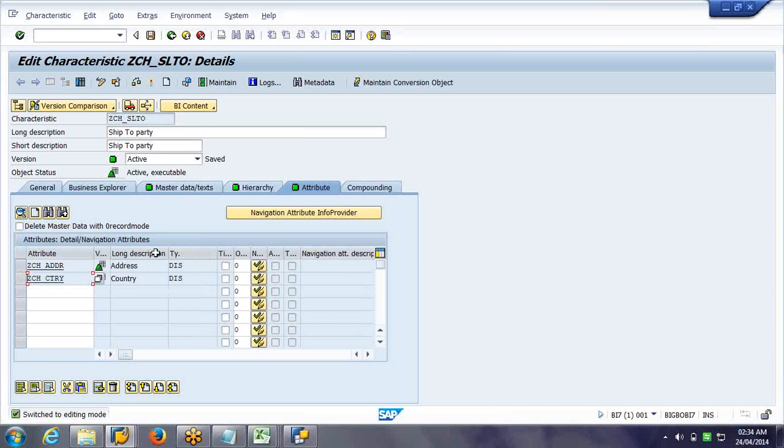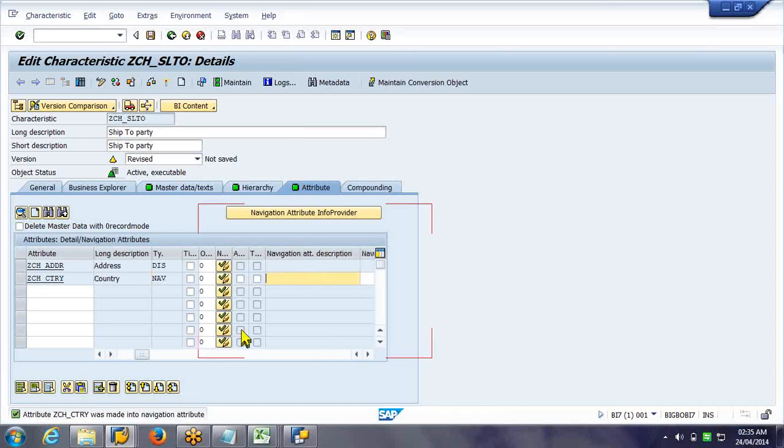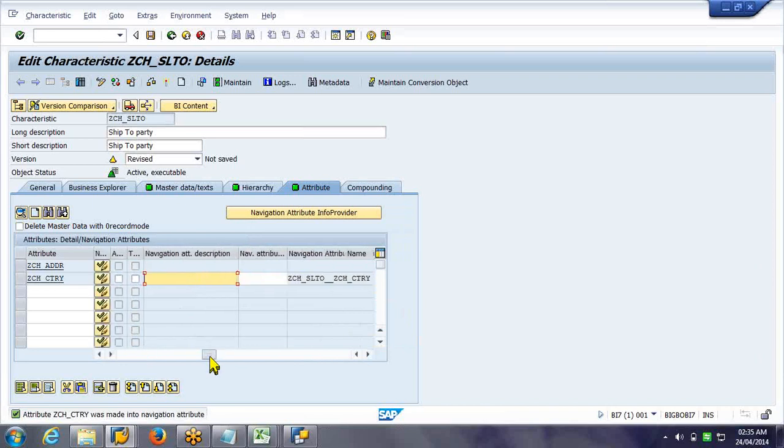Make it as a navigation, right? Right. Okay, when I am making any object navigational, the naming convention will be main object _ this object.